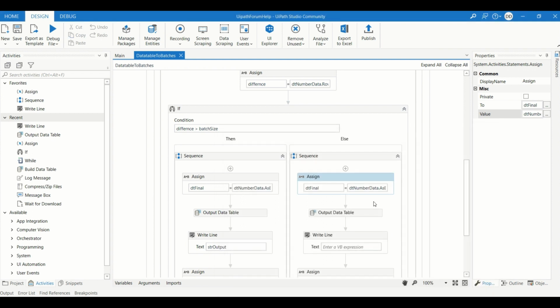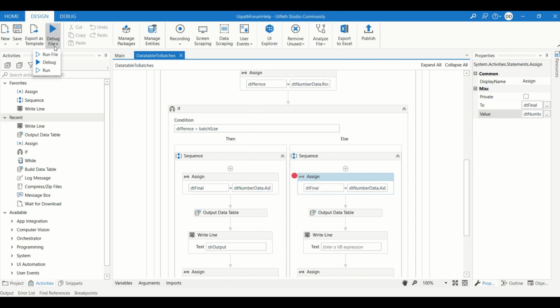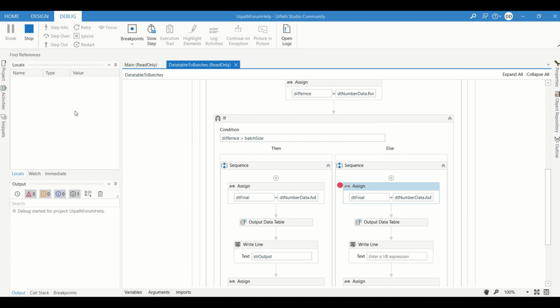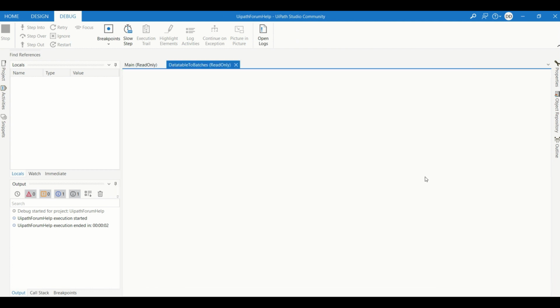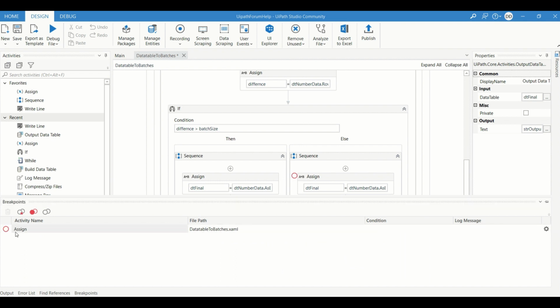Difference, we will put one debug point here because we have to debug that error. Oh, sorry, I found out what it is. We have inputted the write line and we haven't passed what should be the output. Yeah, now we can remove the breakpoint here, and here we will just click on debug.